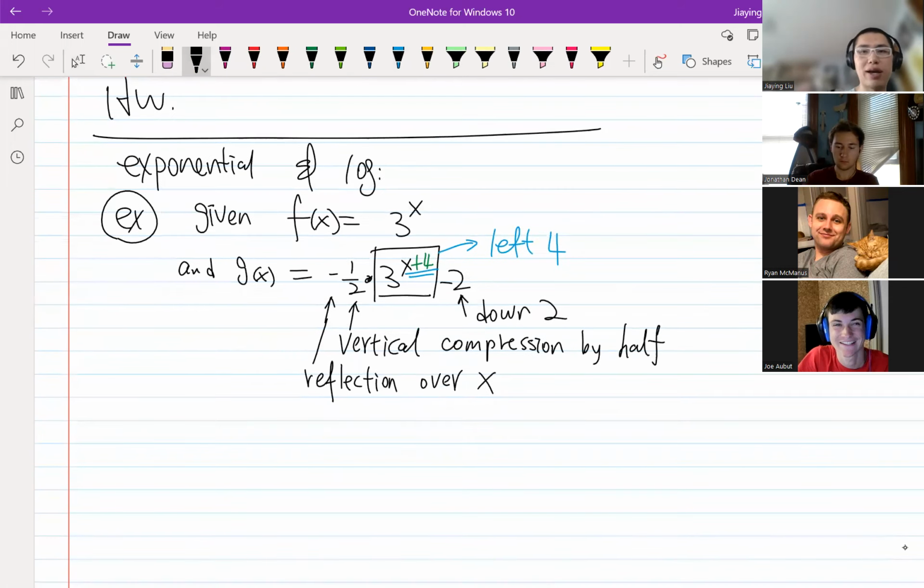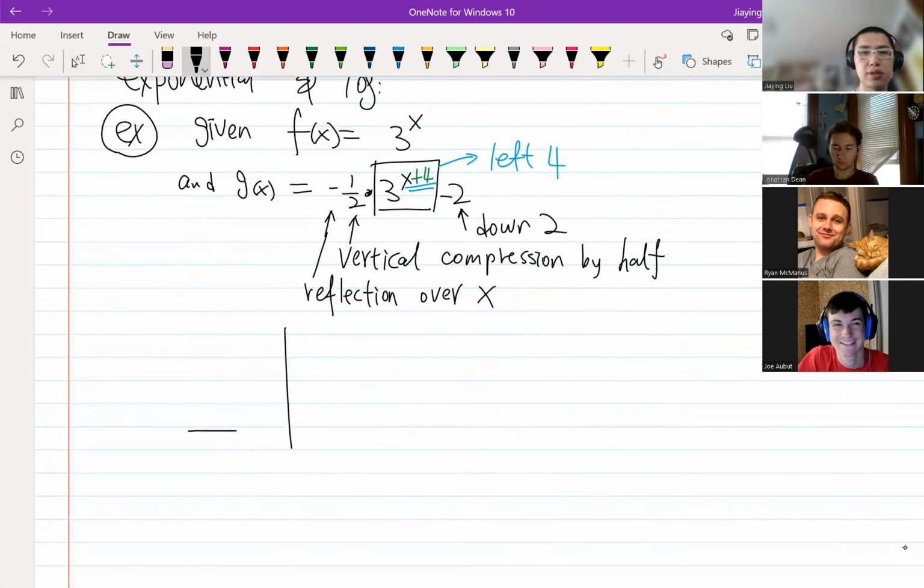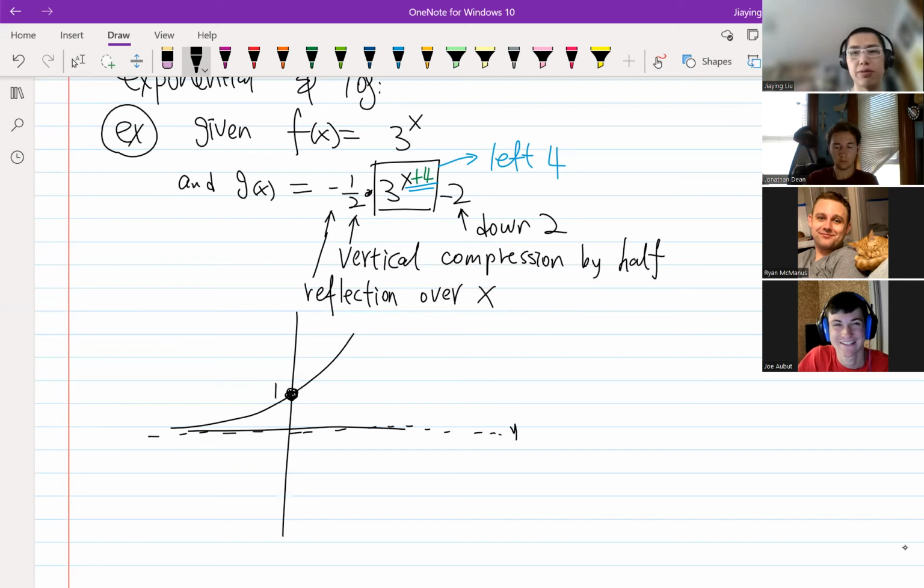And we can try to graph it. Suppose we're starting with 3 to the x. It's exponential growth because b equals 3 is more than 1. It's going to look something like this, and this point is going to be 0, 1. Then this is the horizontal asymptote at y equals 0. Suppose we do all the vertical transformations first. So when we vertically compress by half,